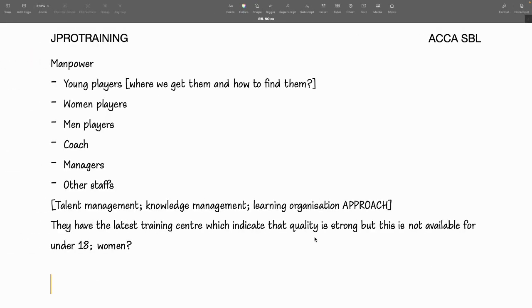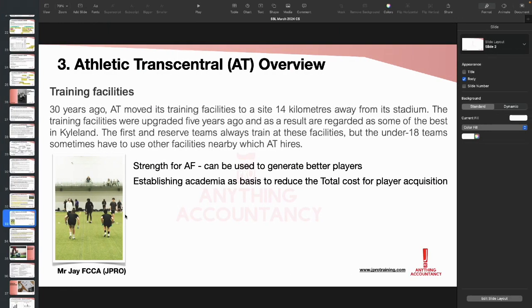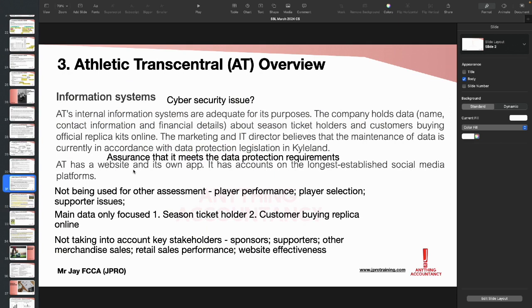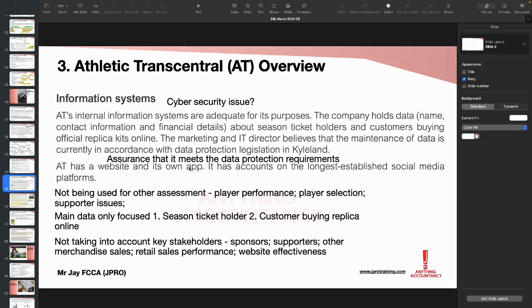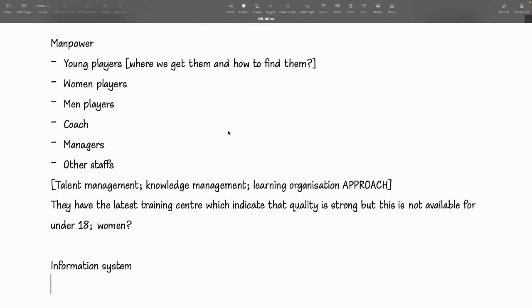Now, the other thing that you would have picked up is the information system, critical for you. Why is the information system important? Because they have given you a big idea. They say the information system is adequate. Now, what are the issues with the information system? The company has a website and its own web app. It has accounts on the longest established social media platform. Now, remember, this is very important. They have a web and its own web app, and also the company holds data. Okay, this is an important thing. It holds data about